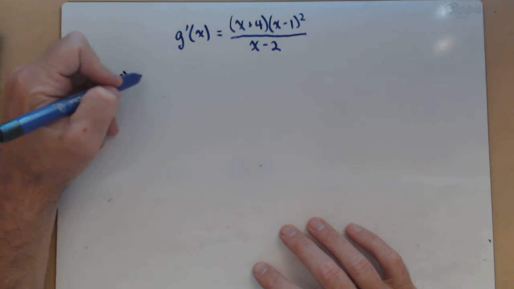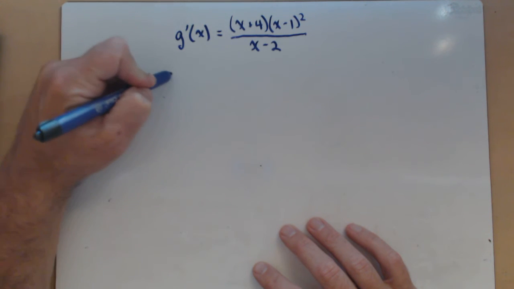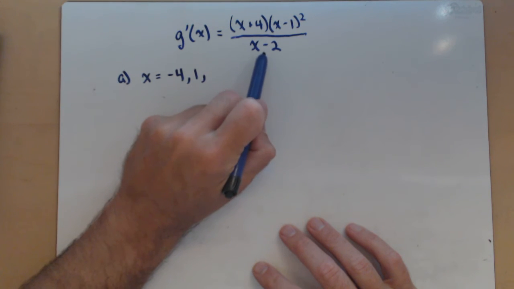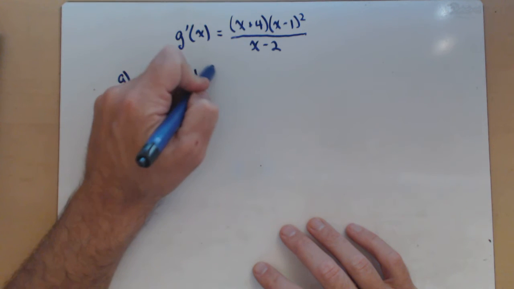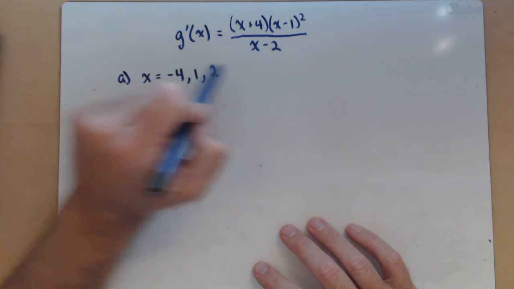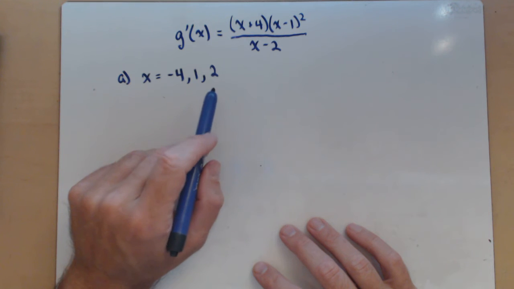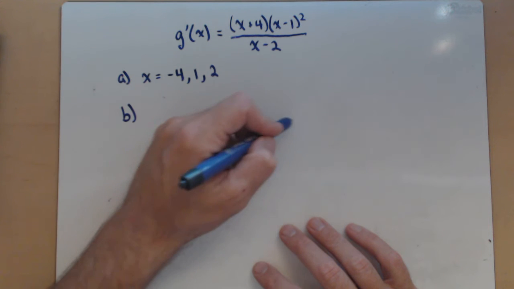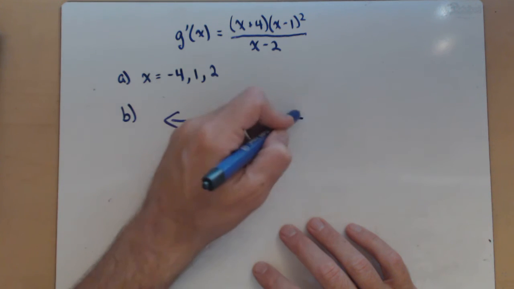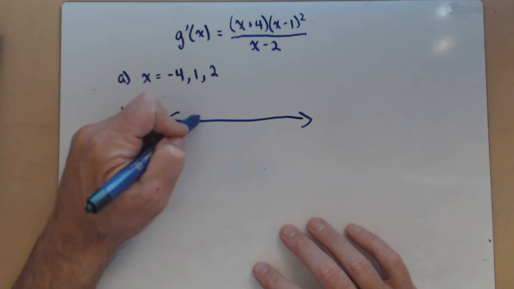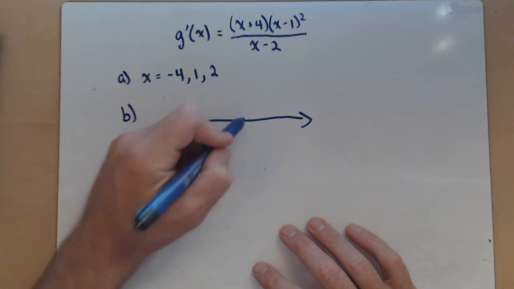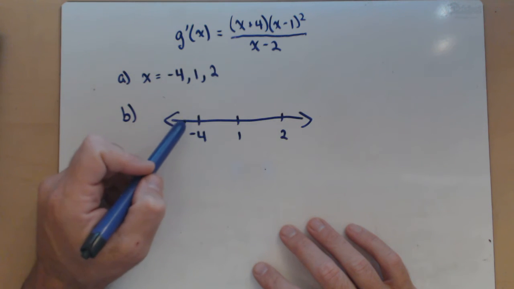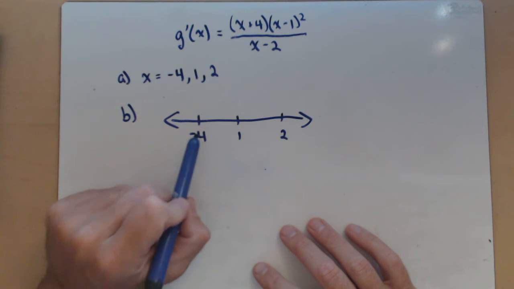So looking in the numerator, we've got critical points at -4 and 1. And then we have to worry about the denominator too, because 2 is a point where our derivative is undefined. So all of these are critical values. Now, we're going to make our number line to determine what's going on with our original function. So, -4, 1, and 2. And what we're going to do is test a point in each interval